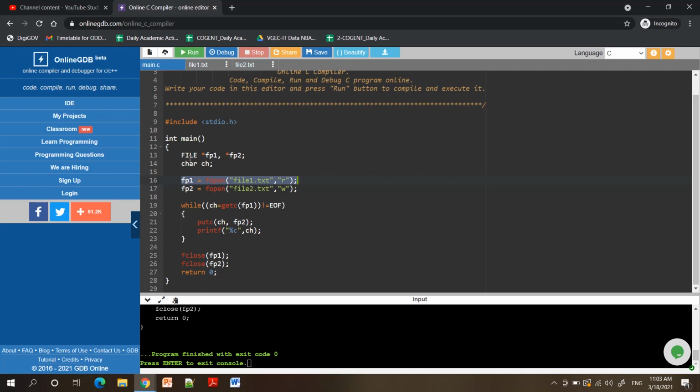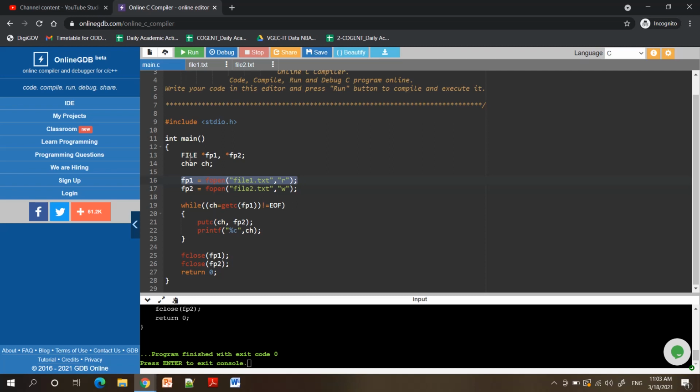Here we are trying to copy the content of one file into the other file, so at the same time we will be opening two files. A very simple example: suppose you want to copy some text from one notebook to another notebook. We open both notebooks. The first notebook we open to read, and then we open the second notebook to write. The same case happens over here.